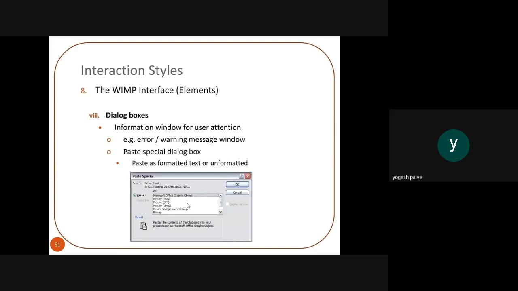Then the user can use the paste special dialog box, so paste as formatted text or unformatted text. Here the user can click paste, and according to that, whatever file he wants to add, he can use it and just click the OK button over here.